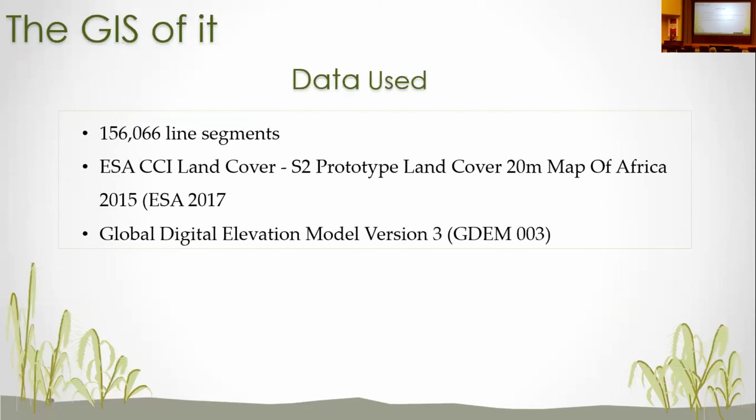All right, so the data used. Once cleaned up, I had 150,000 line segments. I'm not showing this map, actually, I just remembered I took it out, but I had the land cover from 2015 to show that the elephants mostly used the grassland when they were getting towards the water and didn't go through the forest. But because it was so inaccurate, I decided to leave that map out, but I could go back and